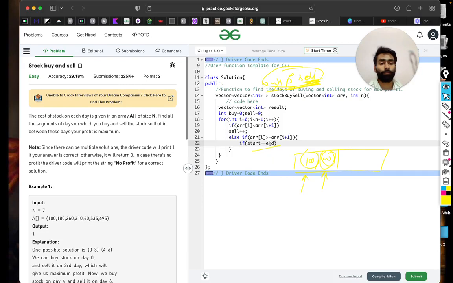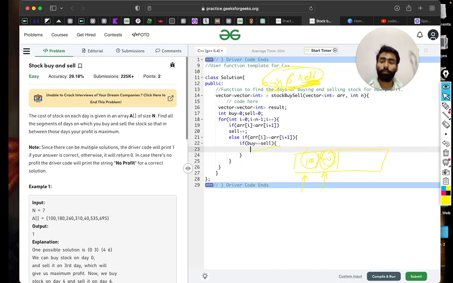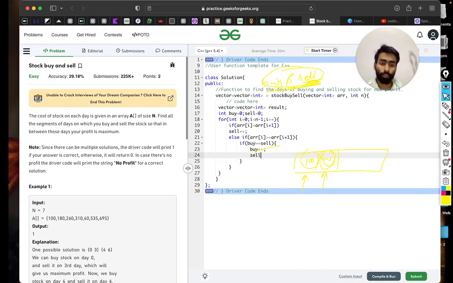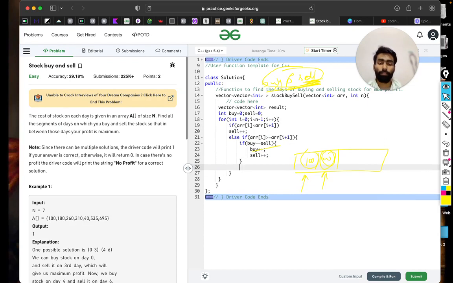So if buy equals sell pointer, in that case we need to increment both, buy plus plus and sell plus plus, and we will check again if sell is at buy, that is sell is equal to buy.